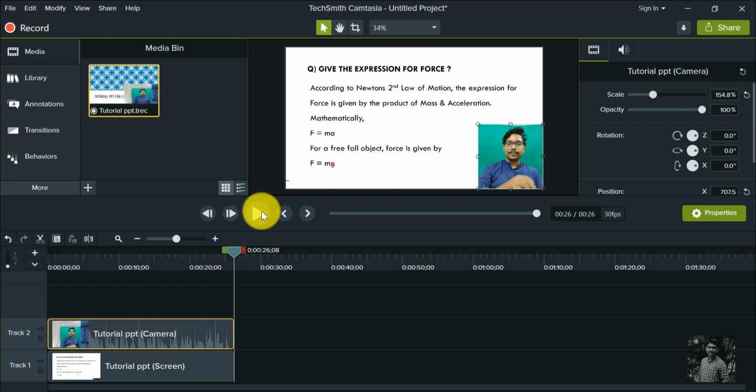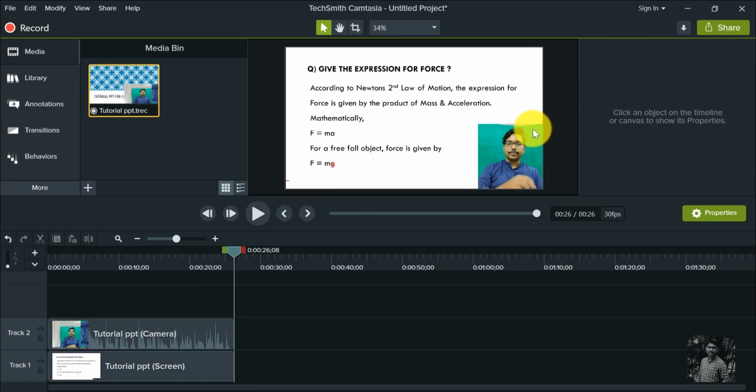My output is perfect. Okay, in my next video I'll be showing you how to remove this background screen, how to remove the background green screen and all. I'll be showing in my next video. Okay, this is how you need to do the trimming part. Okay, and now you need to export.